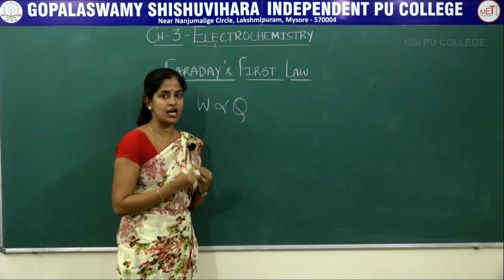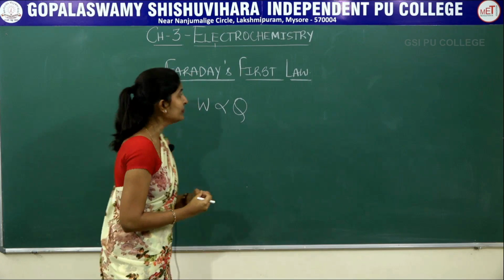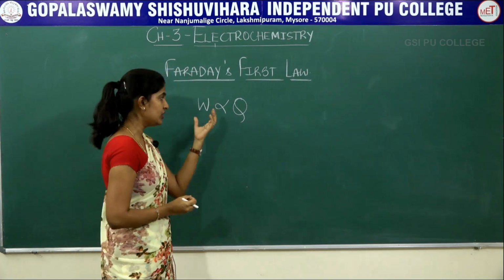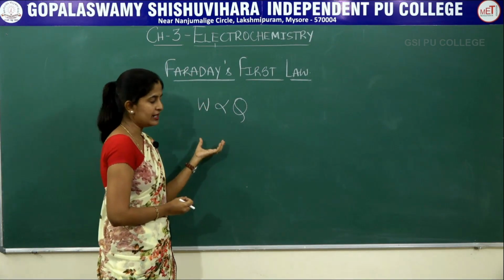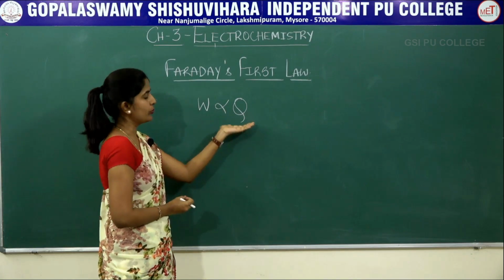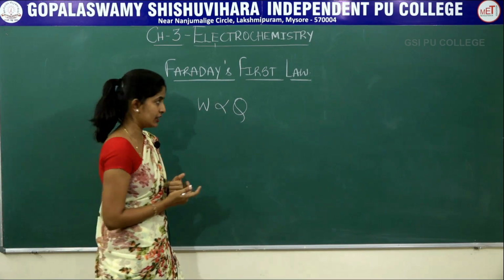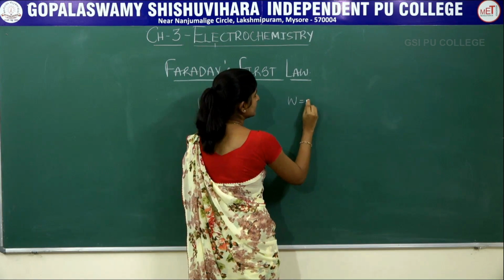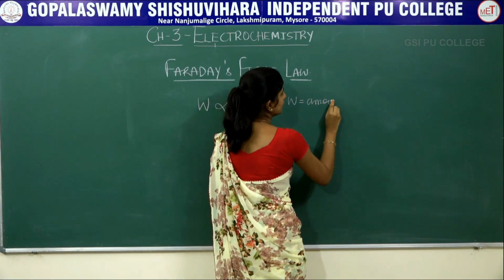Q is the amount of charge flown through the electrolyte. So, according to Faraday, the amount of substance deposited or liberated at an electrode is directly proportional to the charge flown through the electrolyte. So, here W is the amount of